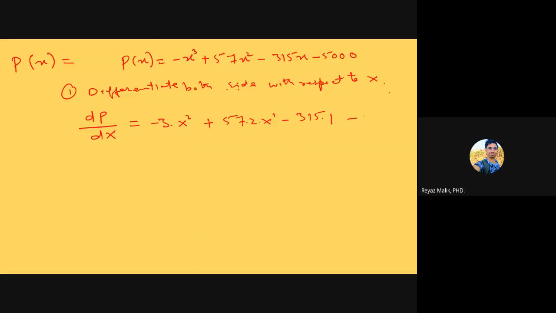Minus 0, because the differentiation of a constant is 0. Then it will be equal to minus 3x square plus 57 into 2, which is 114x